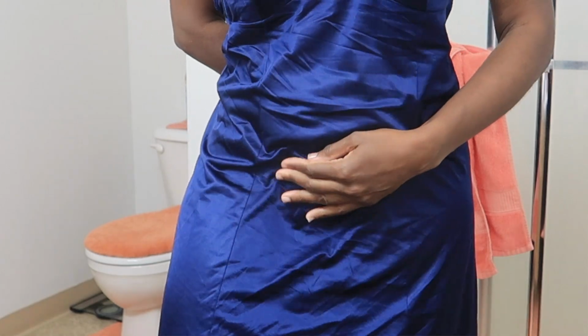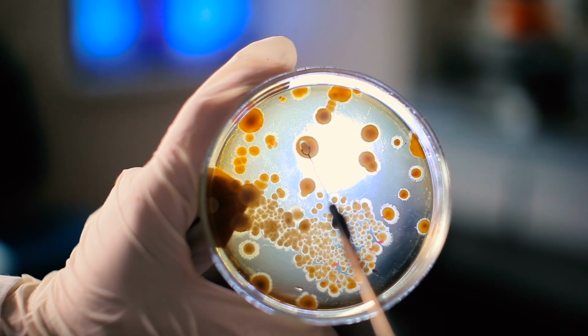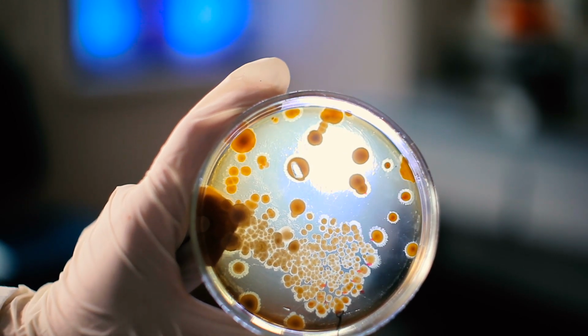Have you ever experienced vaginal issues like vaginal odor, itching, burning, discomfort, or unexplained excessive discharge? The bacteria that live inside a healthy vagina flourish in an acidic environment, about a 3.8 to 4.5 pH range. If the vagina becomes too alkaline, it can cause an overgrowth of bad bacteria, which leads to bacterial vaginosis, vaginal odor, or itchiness. If the vagina gets too acidic, under the 4.0 or 3.8 pH range, depending on the literature,